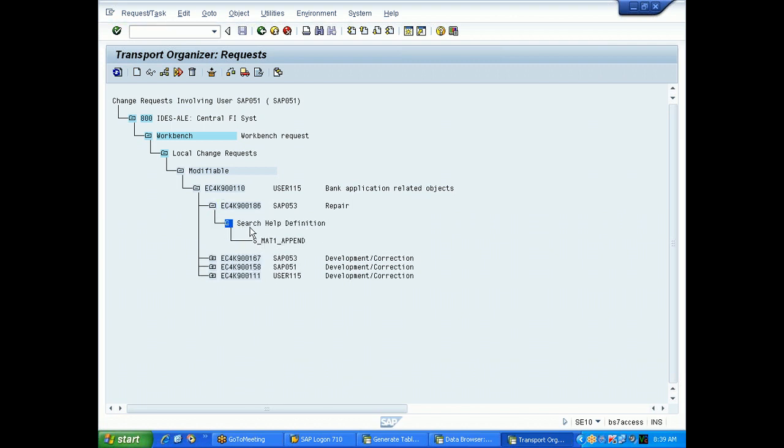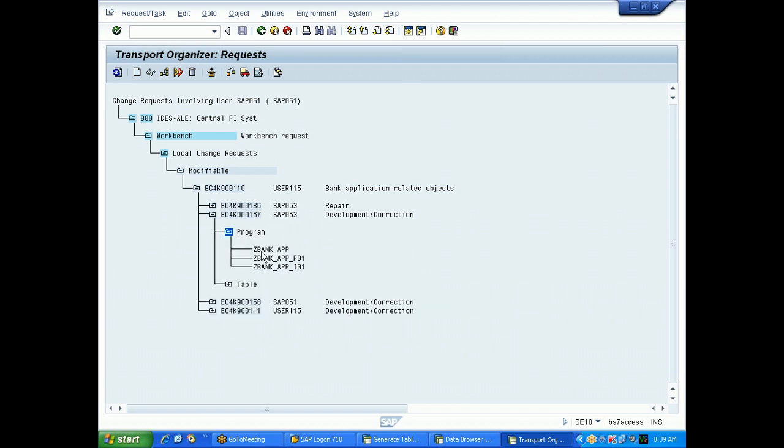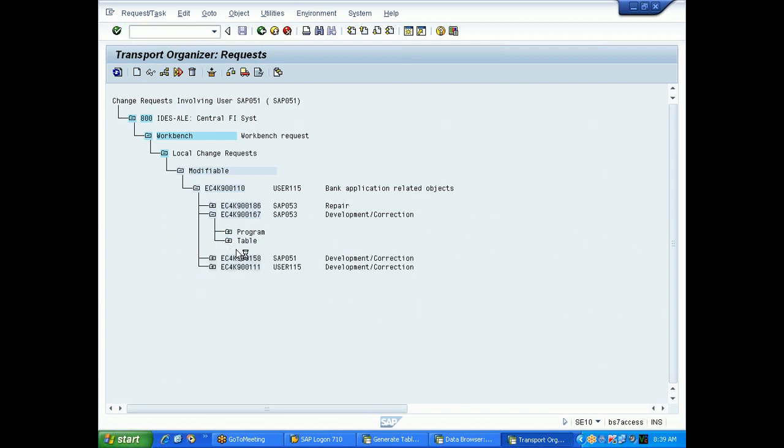See, somebody has created a search help and stored it in this. Similarly, somebody has created programs, JetBank APP, JetBank APP F01, and saved them in this. And somebody has created some tables and stored them.